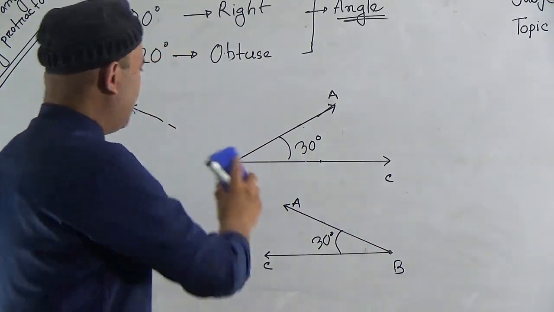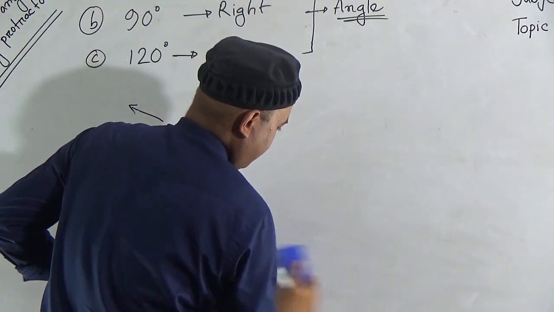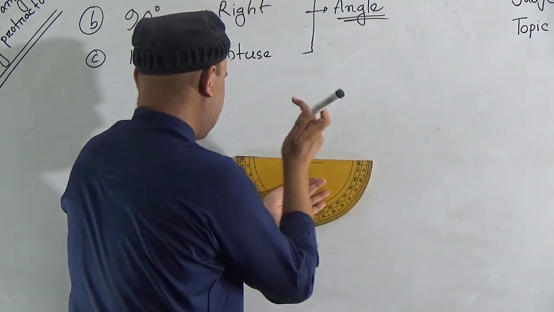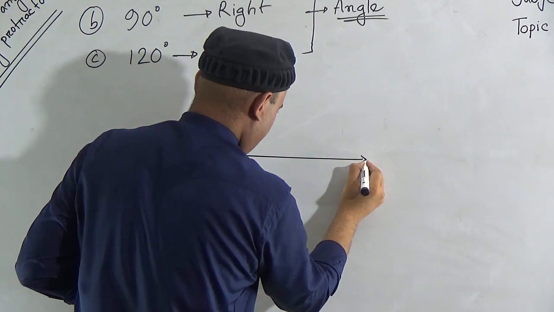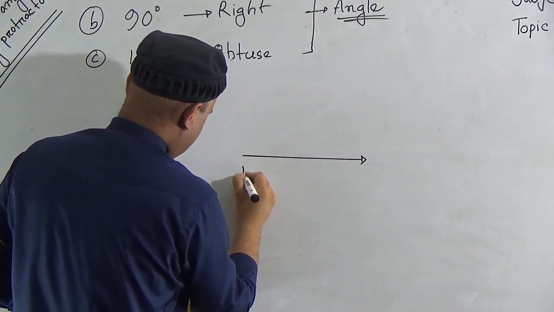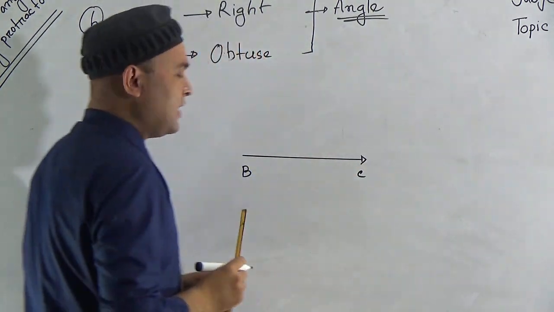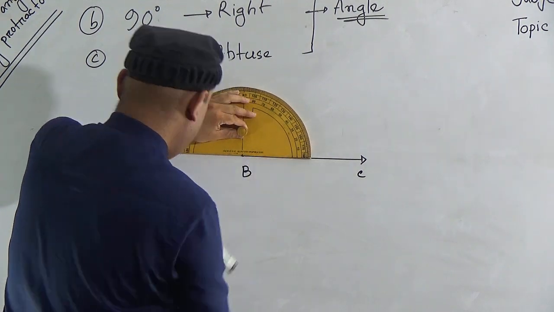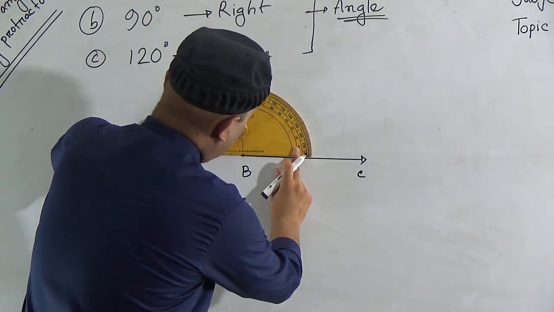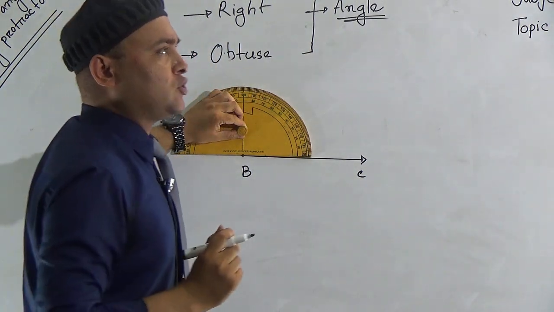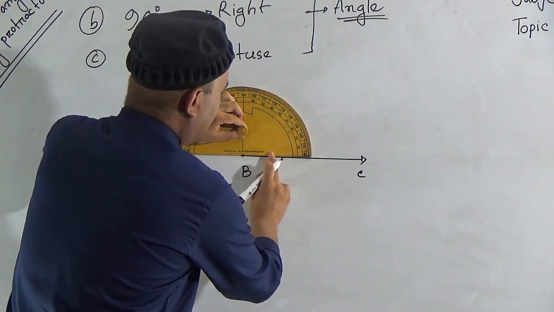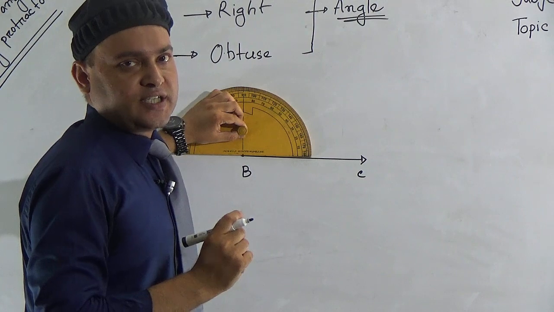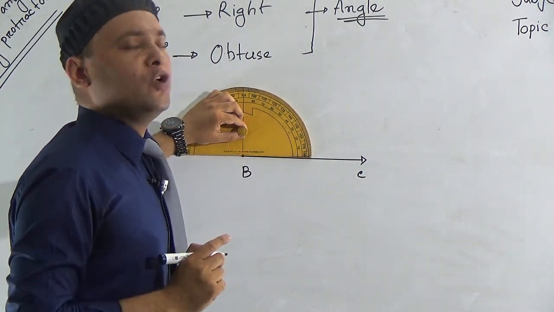Now we will draw the angle of 45 degrees. Similarly, at first you take a ray this way and denote it by B and C. Then, like the last time, we put the protractor in this position. My dear student, you have to remember that the zero line must coincide with the baseline. If it does not coincide correctly, then your drawing will be wrong.